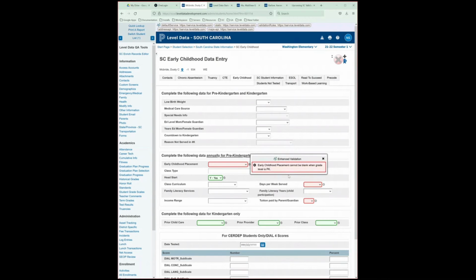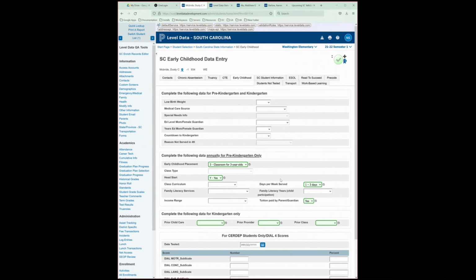These validations are going to be required for all pre-K students. So when the child is in pre-K, these cannot be blank. As soon as you fill them in, they will be green, good to go for any of the drop-down values for pre-K students. If these are populated for any student who's not in pre-K, it won't flag in error. So if your district does not clear out these values from year to year, as long as the student is in kindergarten and these are filled in, they're not going to flag in error, as they're only required for pre-kindergarten students.